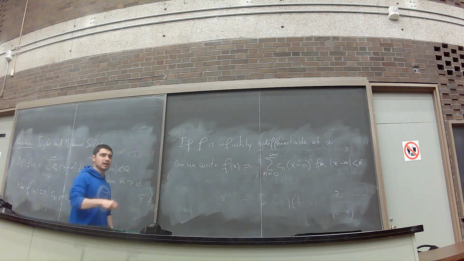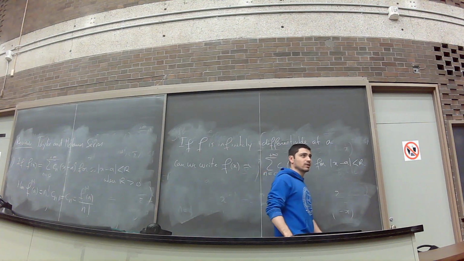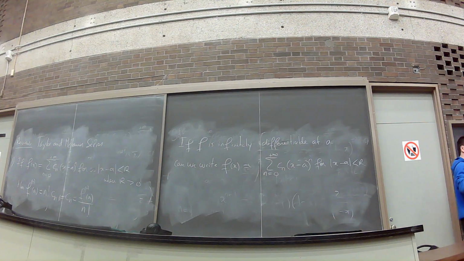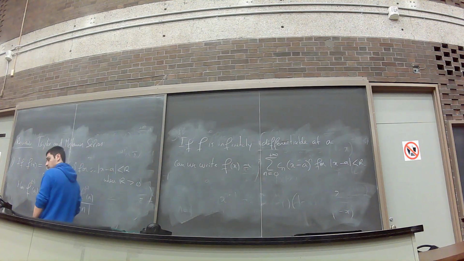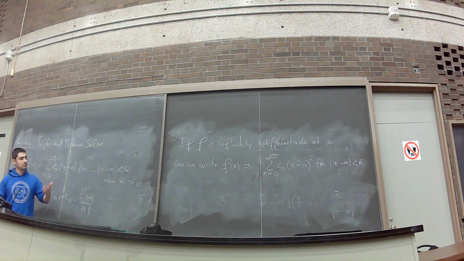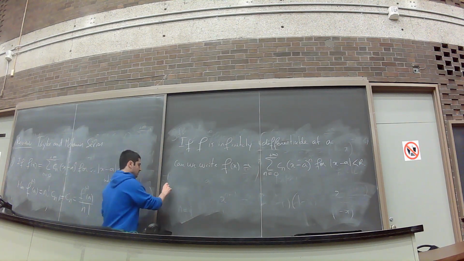We have seen this for series like 1 over 1 minus x, right? If a is 0, we can write this series provided that the interval is (-1, 1), right? We wrote it in terms of the series of x to the n. Now, if I give you infinitely differentiable at a, can you always write this? This is a question that we'll answer. This is a motivation for that. Now, a second motivation,